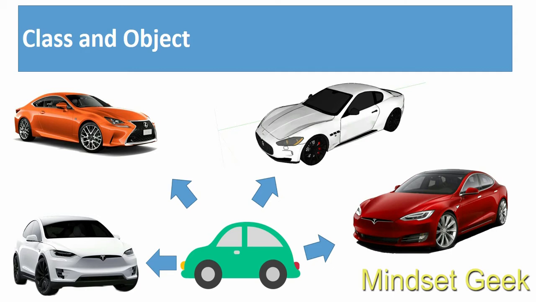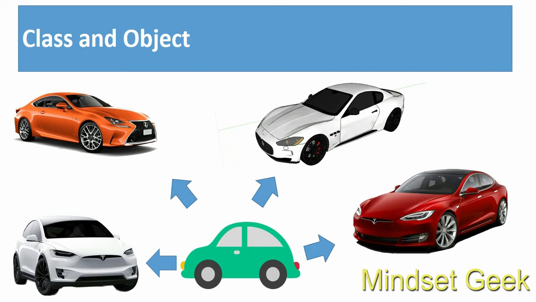But in the real world, an object means we can create any objects using that model, right? Actually, we said a class is a blueprint of an object. Using this blueprint or model, we can create many objects, different kinds of cars. These are the real world objects from this class. This is the concept behind classes and objects.